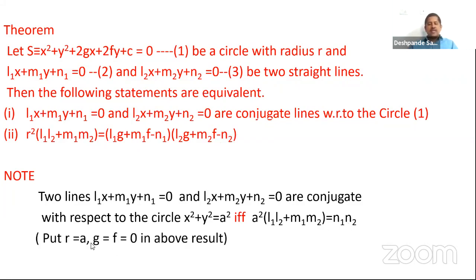So put R equal to A, G equal to F equal to 0 in the previous result. We get this result. So only remember this result. This result is not going to help you out in solving the problems. Of course, you can use the result and solve the problems, but it is going to be time consuming and remembering part is going to be tougher. So instead, I recommend you just remember this formula and see the procedure how to do it. Now, based on this result, we take up one small problem here.